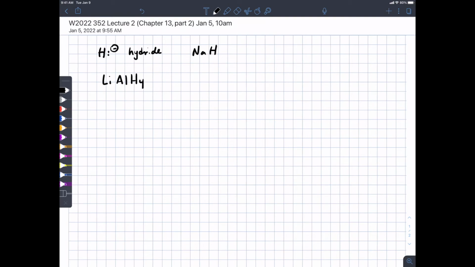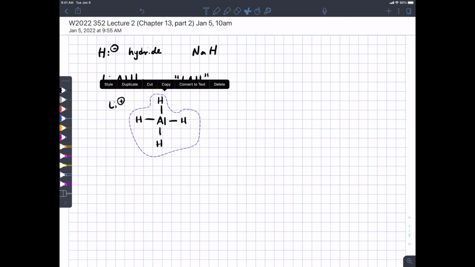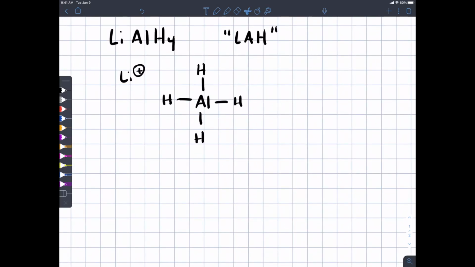Okay, and some chemists get lazy and decide to call it LAH, whatever. Lithium you can think of as the counter ion. It does play a role, but we're going to mostly ignore that. Aluminum is bonded to 4 different hydrogens, and aluminum, if you'll notice, is from the same column of the periodic table as boron. So like boron, when bonded to 4 things and surrounded by 8 electrons, aluminum has a negative